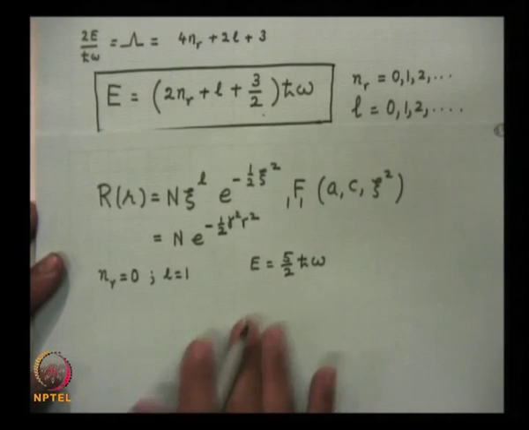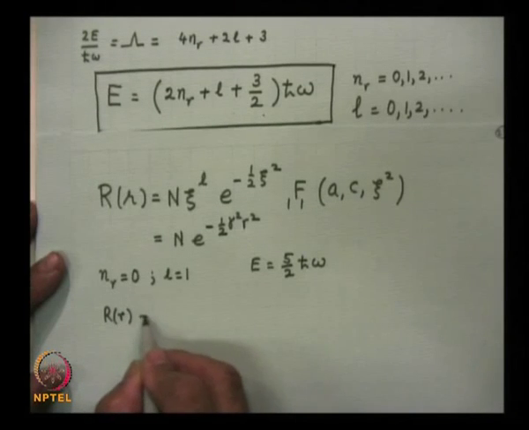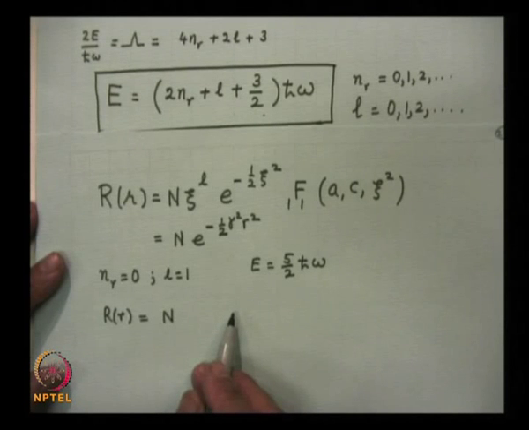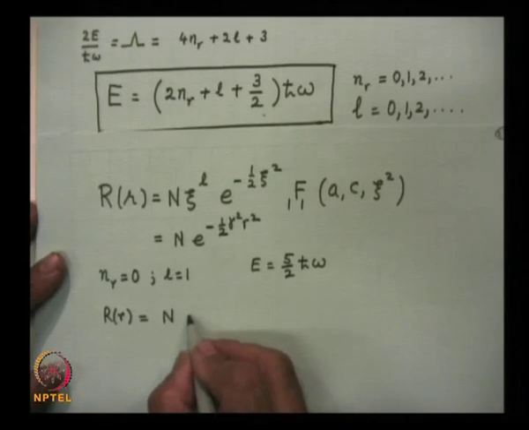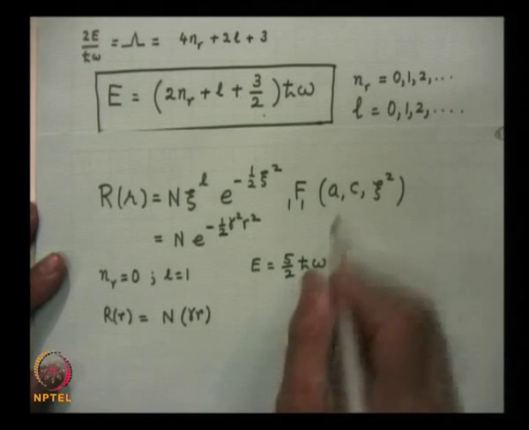So, the radial part of the wave function will be N xi to the power of L, that is r to the power of L. So, that is gamma r to the power of 1,